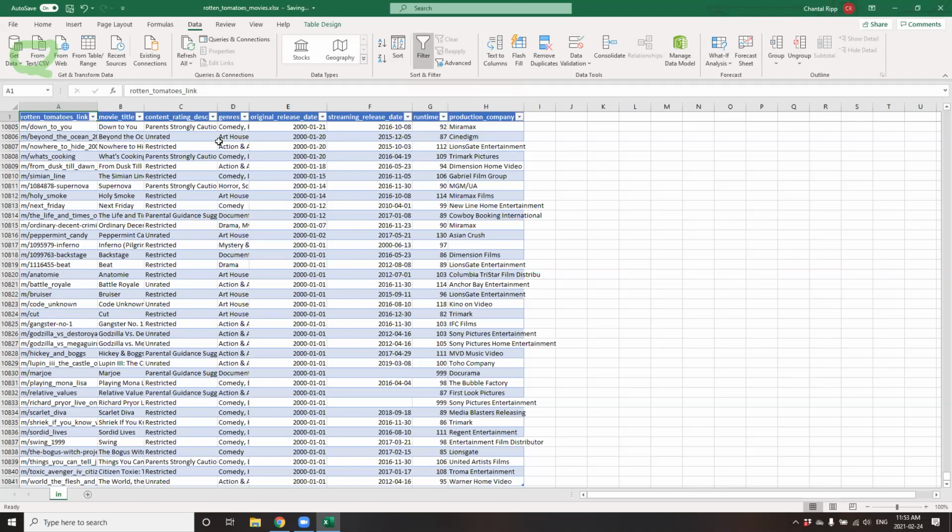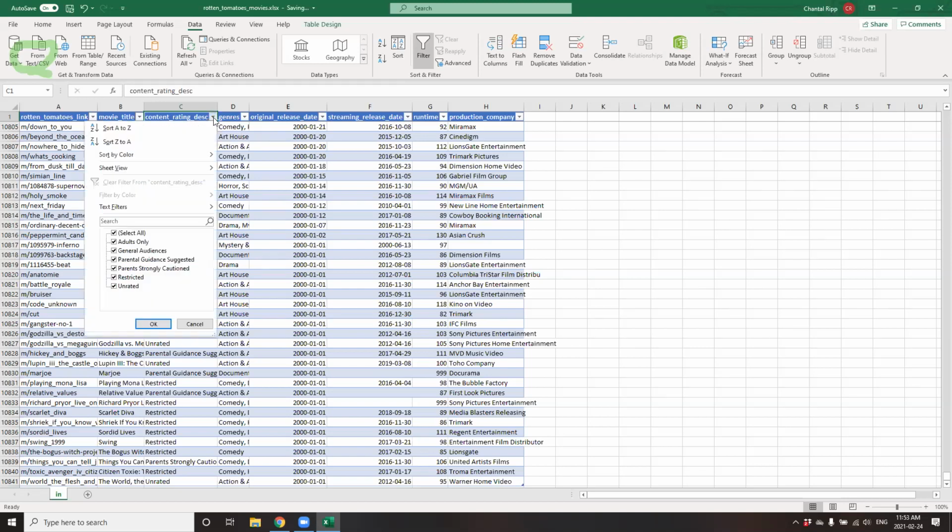So as an example of how this feature would work, I'm going to select under Content Rating Description. I'm interested in exploring within my data set, first of all, what comes up and how my data would then be customized if I were to select only certain ones of these. I actually think I forgot to mention the data set that we're working with is Rotten Tomatoes. So here we have the movie titles, and across the movie titles, we have the content rating description. So how have these movies been rated across the motion picture rating system, various genres, the original release date of the data set, the streaming release date of the data set, the runtime, which is the length of the movie that was played in minutes, and the production company that released it.